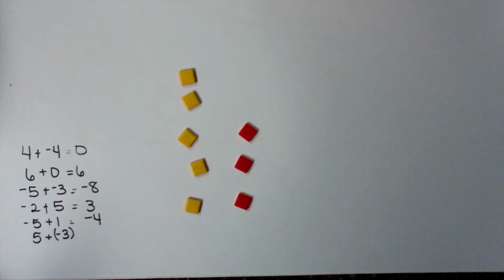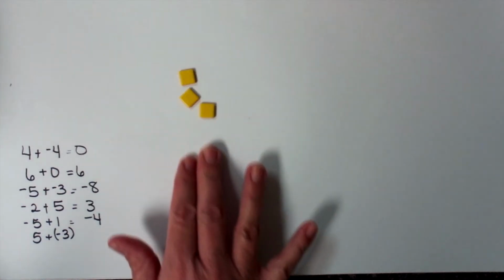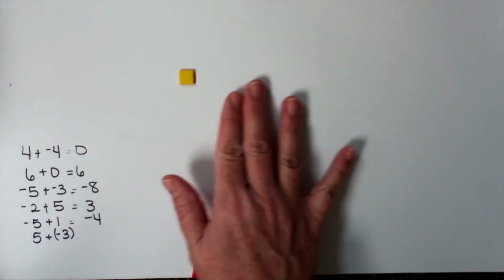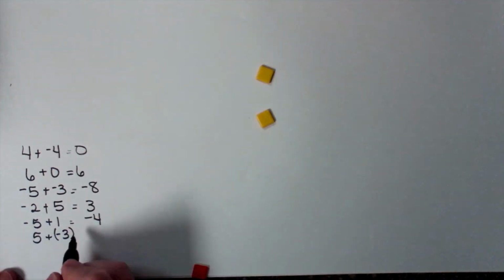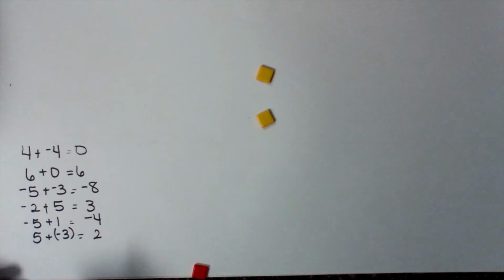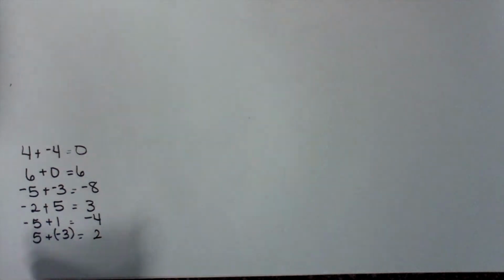Can I zero pair out? Positive and negative, positive and negative, positive and negative. They're gone away. I have 2 and they're positive. So this becomes positive 2. Now, one of the things I really want for my students is to start to see what happens with certain